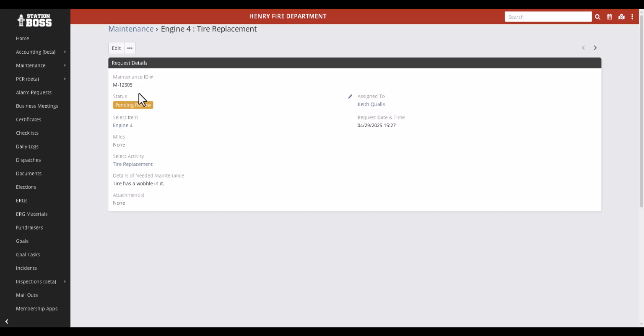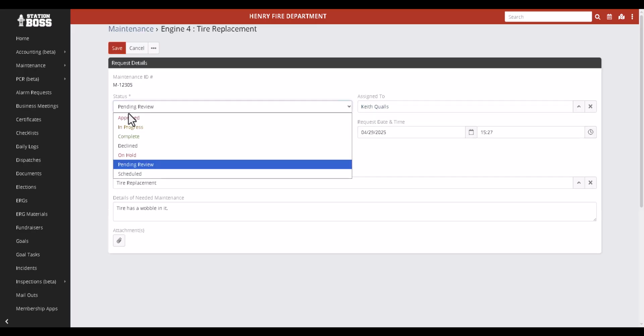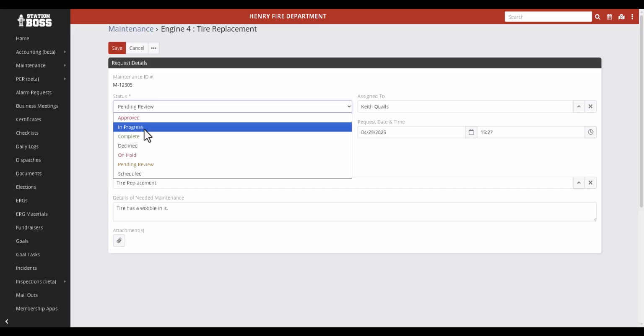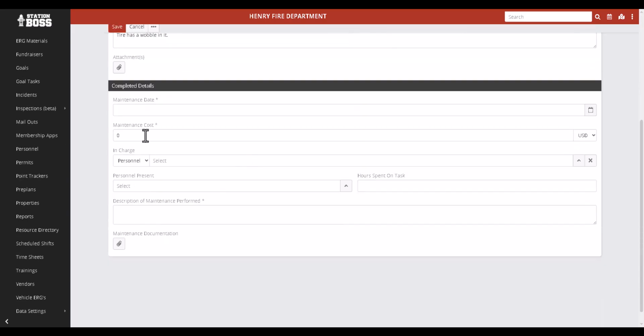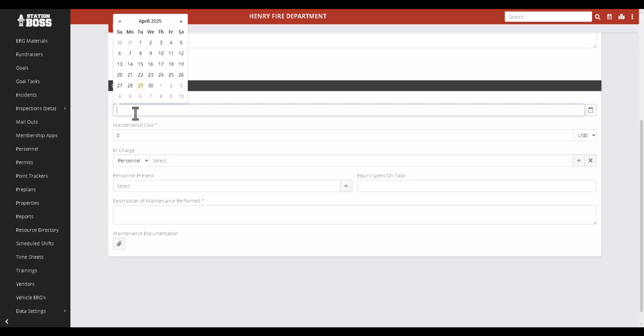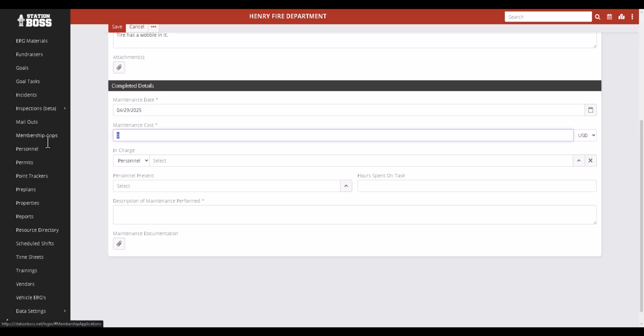The person responsible for that can go in. They can mark it as reviewed. They can complete it. Once it's completed, it's going to show up the completed details tab down here at the bottom. From there, they can select the date the maintenance was done on the specific item, how much it costs,